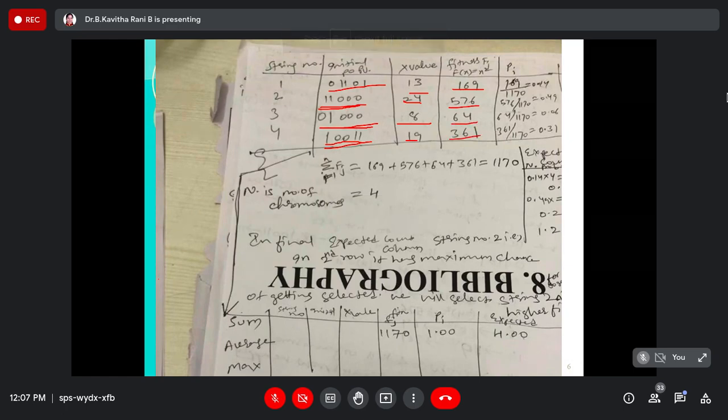So that is the fitness function. Okay. Now you have to find the PI value. So what is PI value? PI is nothing but it is the probability of the string